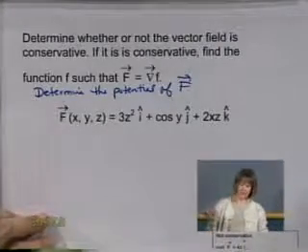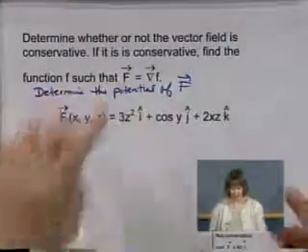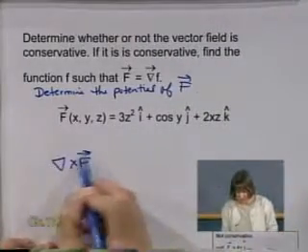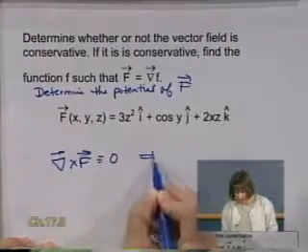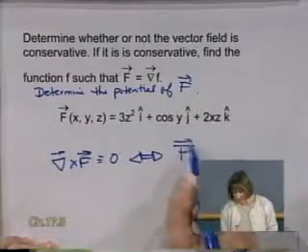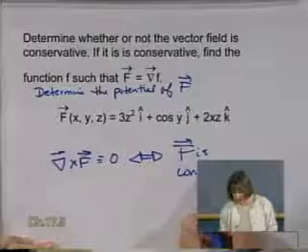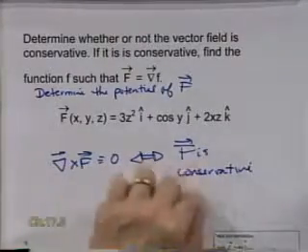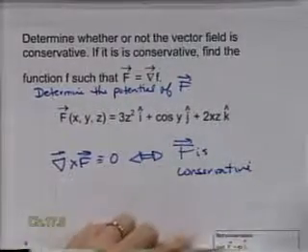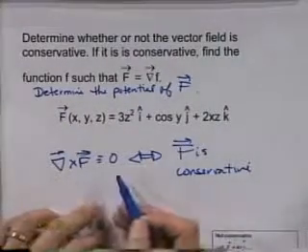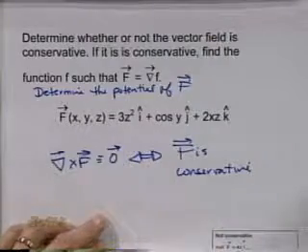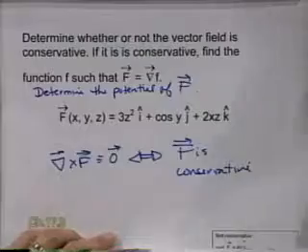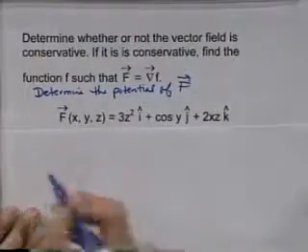Okay, so I say, is F conservative? Well, remember, del cross F equals 0 means the same thing as F is conservative. So if I take the curl and I get 0, F is conservative, let's find our potential. If del cross F is not 0, and notice this is the 0 vector, I should put an arrow above it, then F is not conservative, it's not going to have a potential. It's not worth my while. So this particular function, if I want to get del cross F,